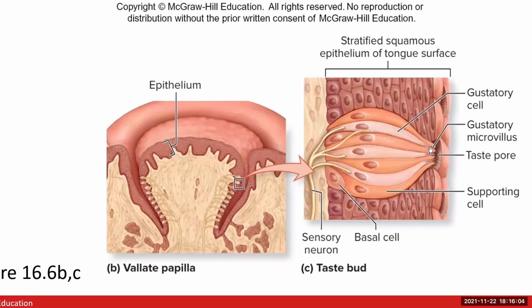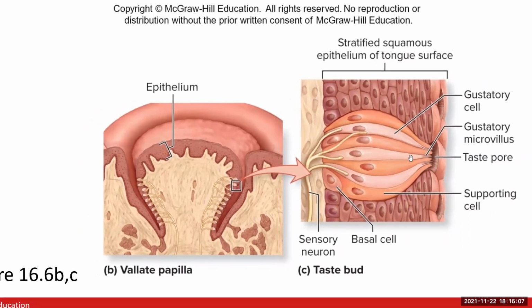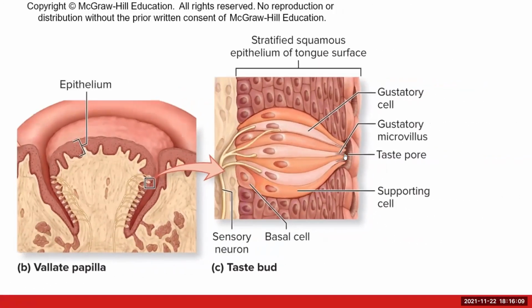And at the very tip of these cells here, it's tough to see, we have these microvilli, and the microvilli are going to house the chemoreceptors. If you look at the structure, the taste bud kind of looks like an onion. And so at the one end here where it tapers up, we have the microvilli on our gustatory cells, and they hang out in this little space here called the taste pore. So when you eat or drink, whatever gets mixed up with your saliva is going to wash across the taste pore, and that will stimulate the chemoreceptors here in the gustatory cell. And we'll go through how that all works.